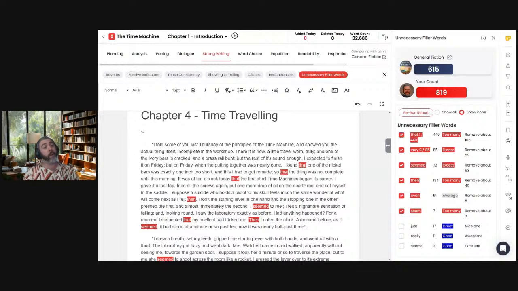Right. That is one wonderful thing about using a system like this, that you could call much more objective. Obviously, there's a lot of subjectivity when it comes to creativity, right? And this is just giving you the numbers. It's just like, you use this word a lot more. Do you want to be similar? If you do, remove this much. If you don't, what's it going to do? It's not trying to boss you around. It's just trying to show you how you're differing, which can be really helpful.